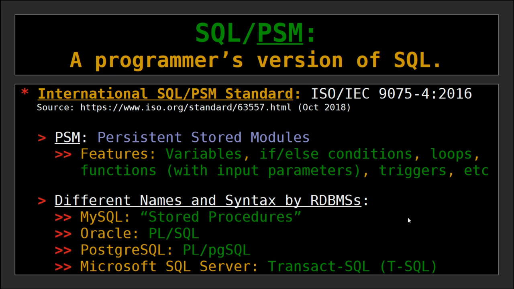Basically, they all work kind of the same behind the scenes in implementing this extra enhancement, this PSM stuff, the programming-like version of SQL. But the syntax is actually different across the board, generally. So you've got to watch out for that. I'm going to go to the next slide, and